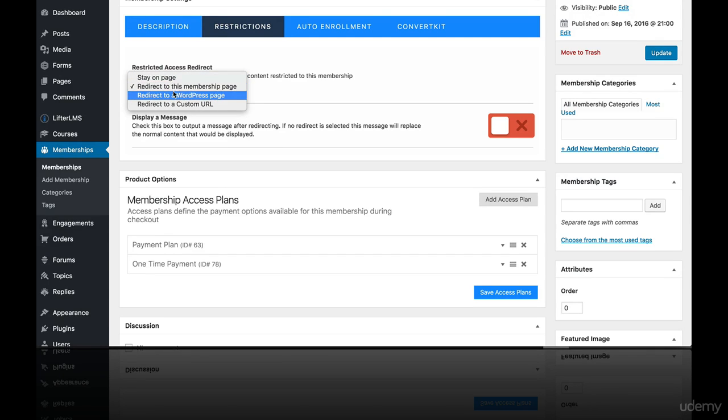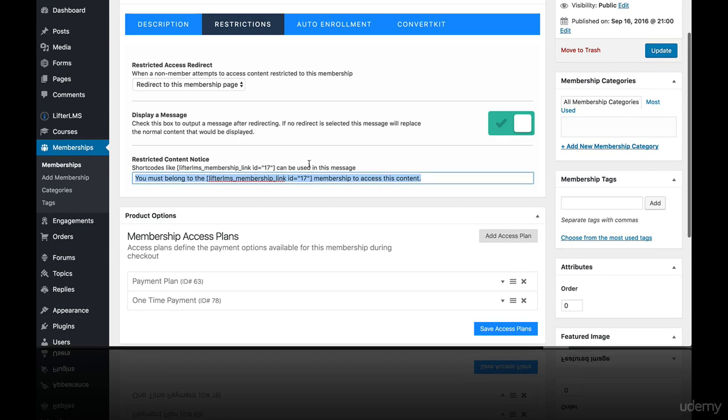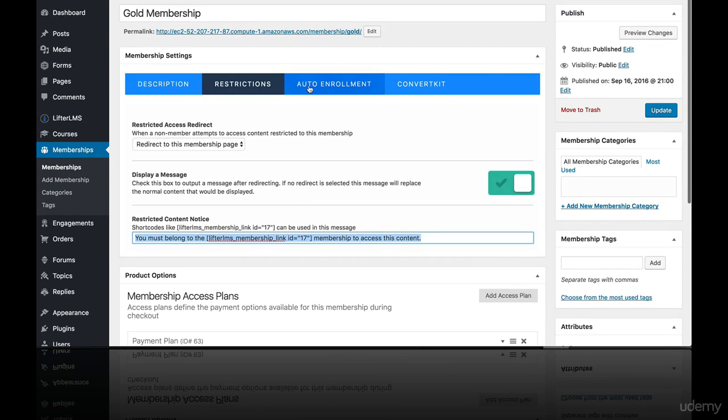You can redirect to this membership page, you can redirect to a WordPress page, or you can redirect to a custom URL. So that's a pretty neat little feature there. After you get redirected, you can display a custom message. So you must belong to the membership level to access this content, and you can modify that message if you like. And then over here in auto enrollment,